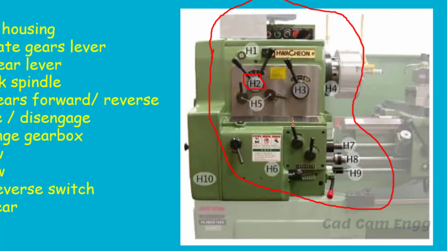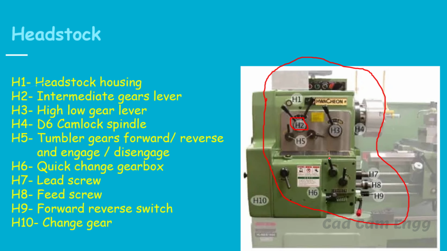Inside, the motor is there. The motor rotates at constant speed. We are not able to use a constant speed for this spindle because we have different types of operations like facing, drilling, tapping, and especially threading. Whenever we are threading, we want to reduce the speed. So how do we reduce it? We use this lever to reduce the speed. Next one is H3, the high-low gear levers. With this lever we select high and low gear.